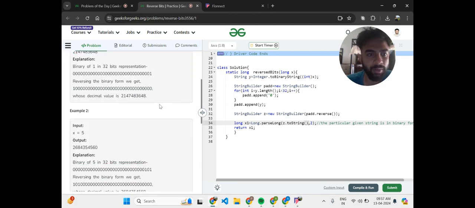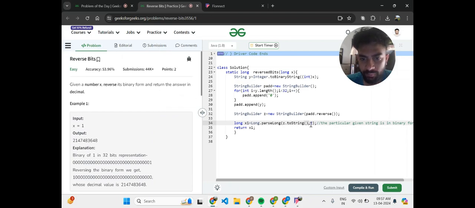So yeah, that was the problem on 32-bit representation. So if you don't know this particular method, I will just